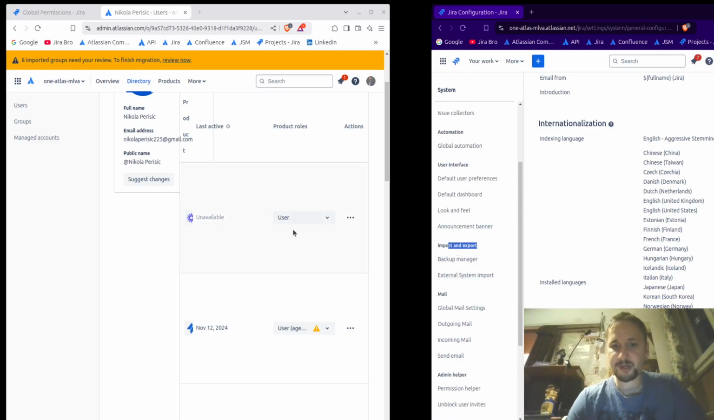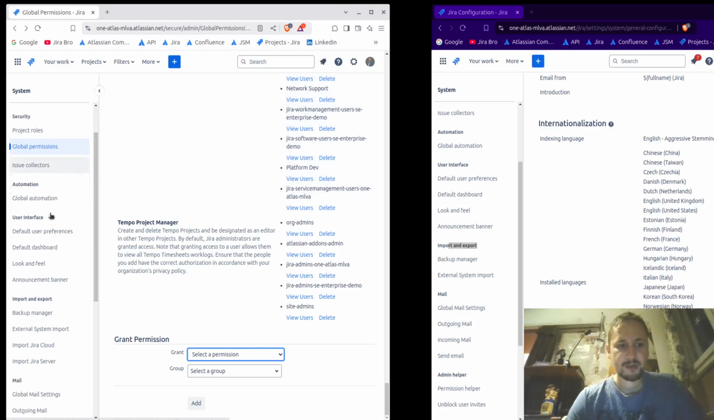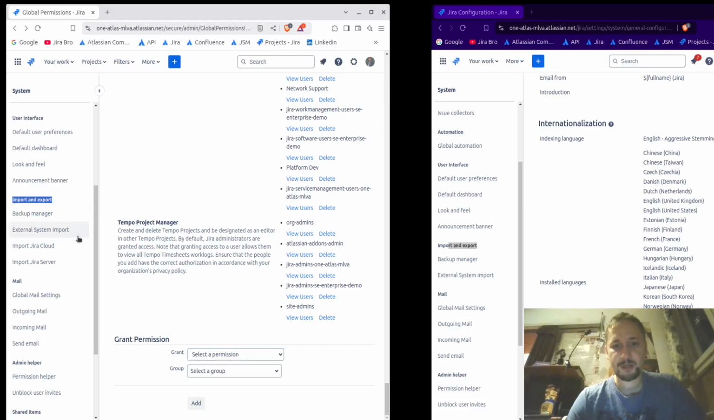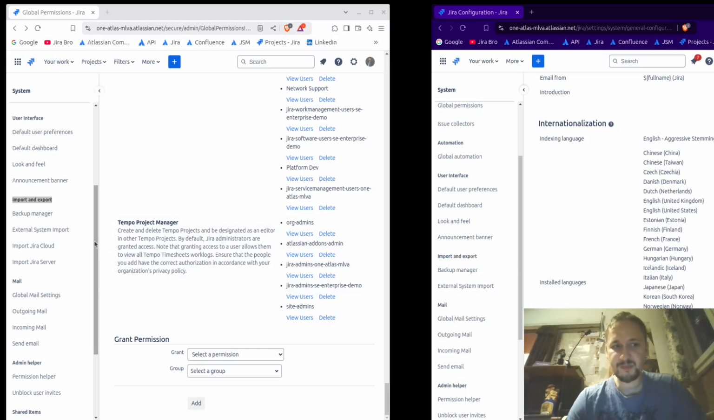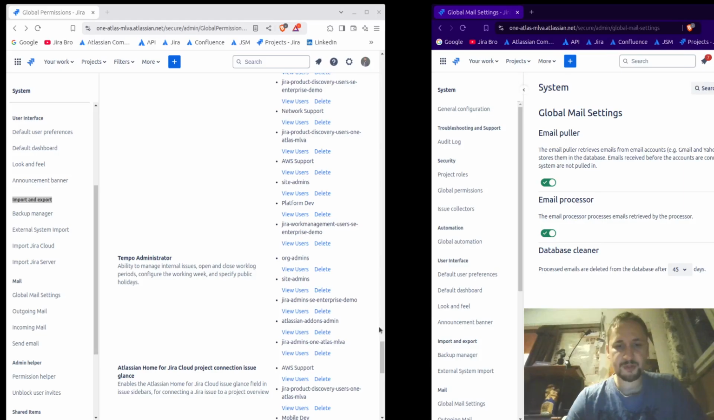So there is like backup manager or something like that. So this is something that I don't really have. And as you can see from here, you see the differences. So I have the import Jira Cloud and import Jira Server, but in here I don't have these options basically. For the email, actually, for global mail settings, well, as you can see, this is something that they can set up. So for this option,